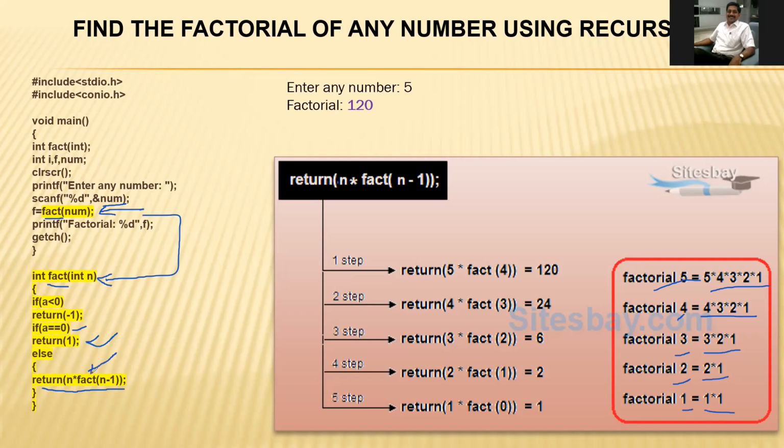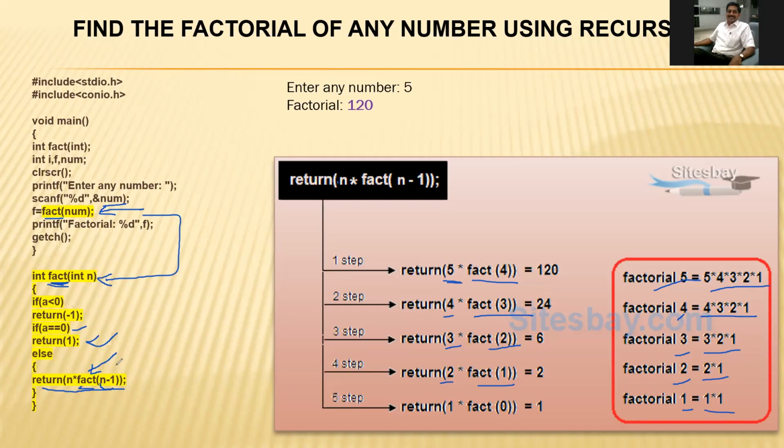This is exactly the factorial function written, and we call this function here with n minus 1. So what is this n minus 1? With n equal to 5, that is the num value 5: 5 into factorial 4, 4 into factorial 3, 3 into factorial 2, 2 into factorial 1, and 1 into factorial 0.